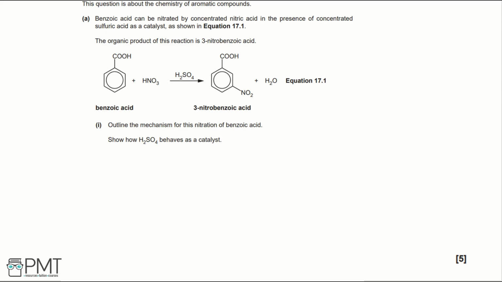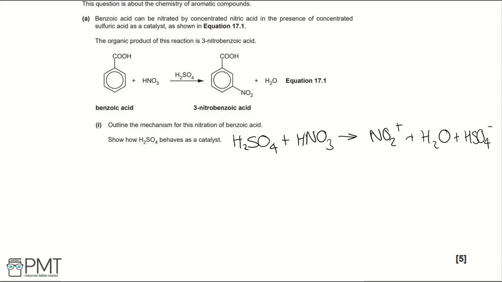In Part 1, we're asked to outline the mechanism for this nitration of benzoic acid and show how sulfuric acid behaves as a catalyst. This mechanism is known as electrophilic substitution, and the first stage of an electrophilic substitution mechanism is the formation of the electrophile. The electrophile in this case would be formed by sulfuric acid and nitric acid. Our electrophile is nitrogen dioxide but with a positive charge, water, and sulfuric acid but with a hydrogen removed and